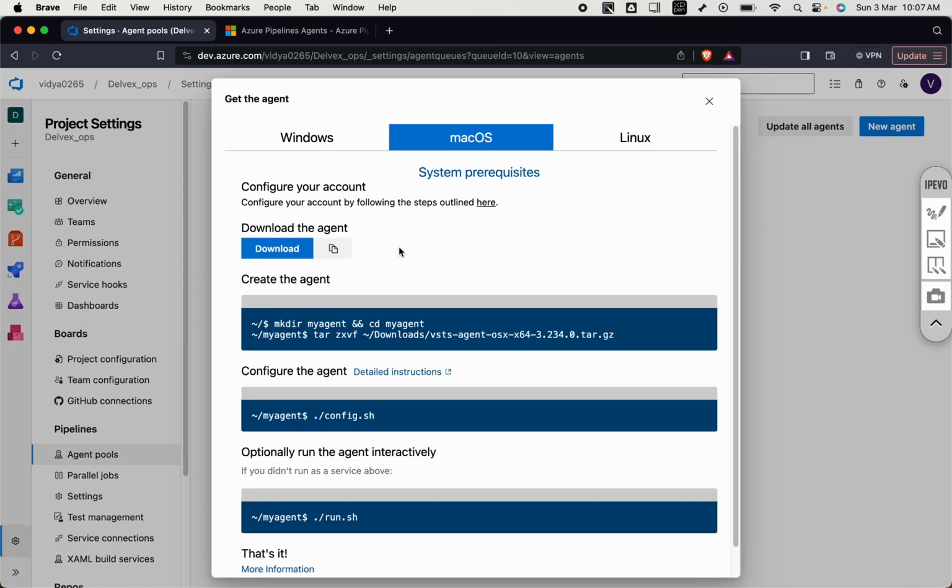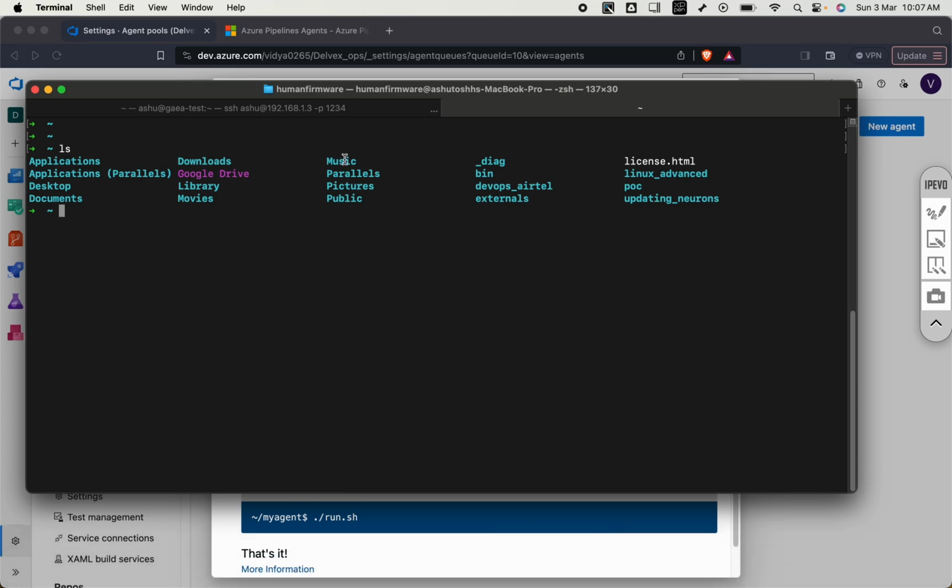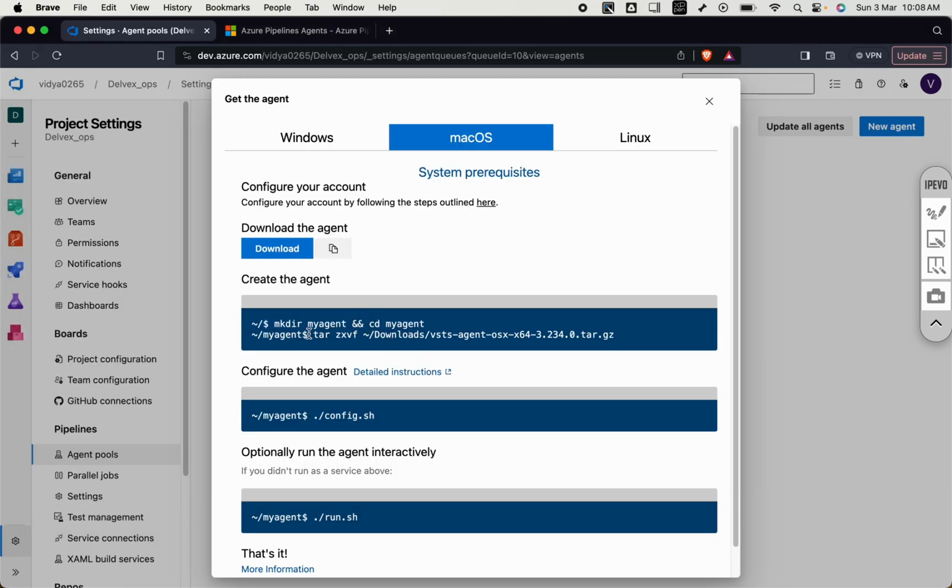They're going to give me 3 options where you want to run the agent. So because my OS is Mac, let me open my MacBook. There we go. Let me create a directory, for example, ag-agent. Name can be anything, and I'm going into that directory. Then here I'll perform everything, right? I am downloading this agent file first,